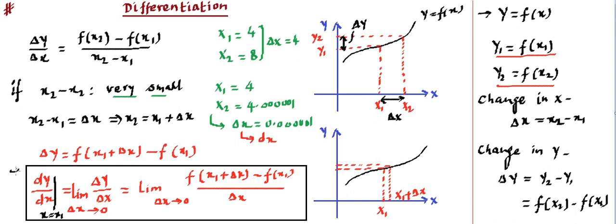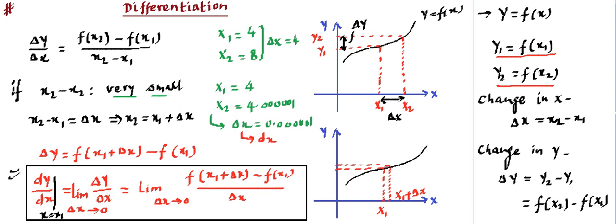Now this ultimately becomes differentiation of y with respect to x, which is equal to change in y upon change in x, limit tending to 0. That tries to say the change is very small. That's why this delta has been converted into d's. So this delta can be converted into d whenever the change is very small. And after performing these mathematical operations and doing the calculations, we will be able to find what dy upon dx is. So this dy upon dx will tell us what the change in y is when a small change in x is carried out. Making sense? So that's the only mathematical expression that we have talked about.